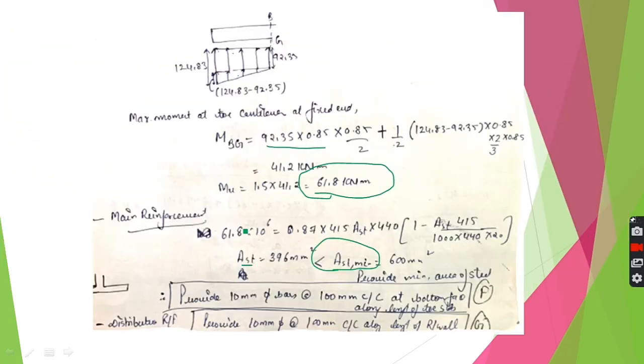So as AST required is coming out to be less than AST minimum, we will provide the AST minimum. You know this rule. So the main reinforcement will also be minimum reinforcement. So in the toe slab we provide main reinforcement as